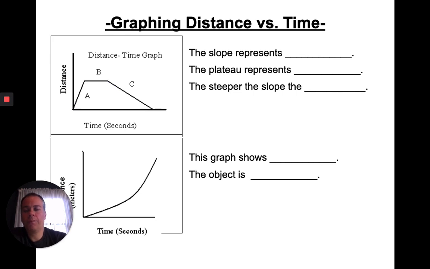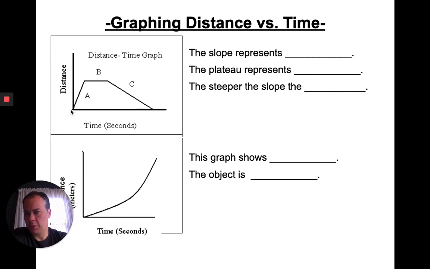So often when we're trying to show an object moving over time, we're going to use some graphs to do that. And I'll explain these graphs here. So there's two different types of graphs we might use. One is a distance versus time graph, and one is a velocity versus time graph. We'll start with distance versus time. So in these graphs, we have time on the x-axis, and then we have distance on the y-axis. This distance is sort of from the starting point